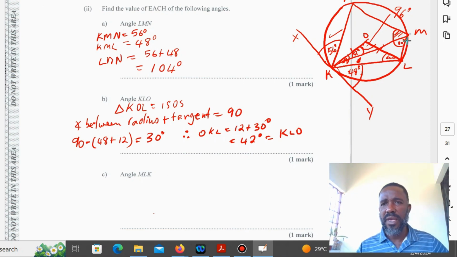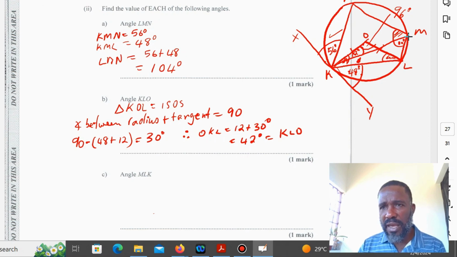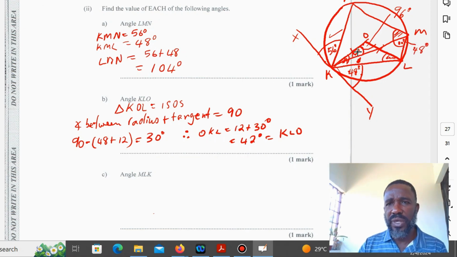MLK, so we want to find all of this angle here. Okay, so how are we going to find that angle? We know that the angle between the tangent and the chord, MLK. So we know that this angle here is already 48. That's what we know. And we also know that this angle here is 30 degrees. So because we know that that angle is 48 and that is 30 degrees,